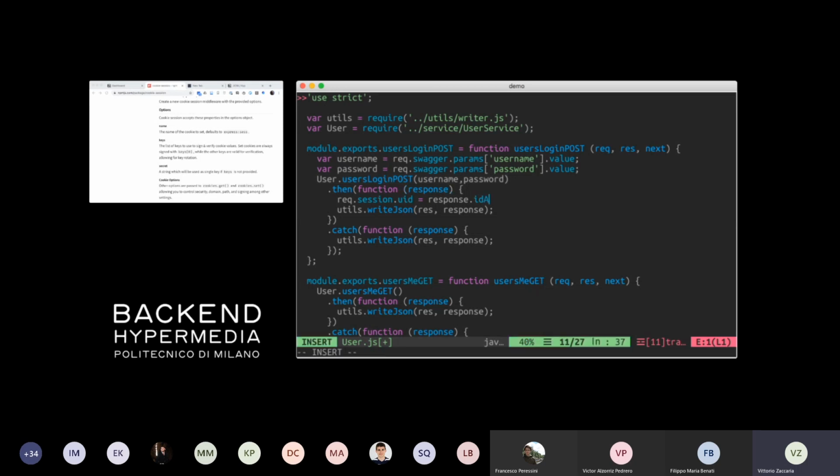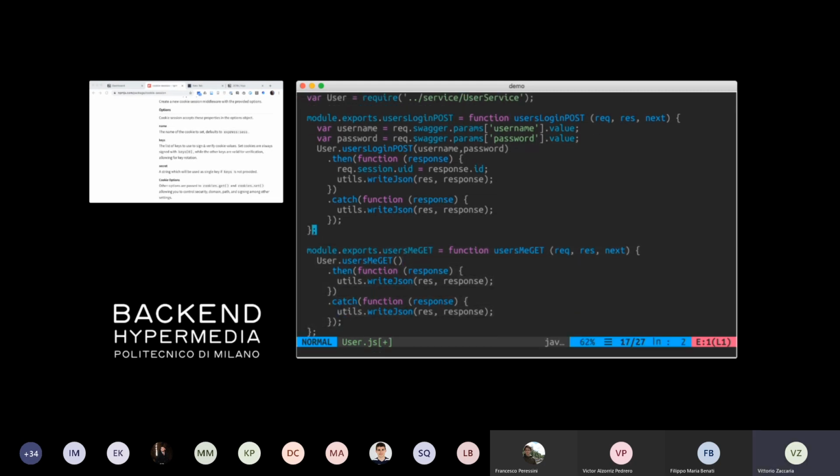So I'm going to set in the cookie a field user UID, which corresponds to the ID of the user, and that pretty much sets up the cookie. So whenever the client does a new action, a new request over the server, such as for example users me get,